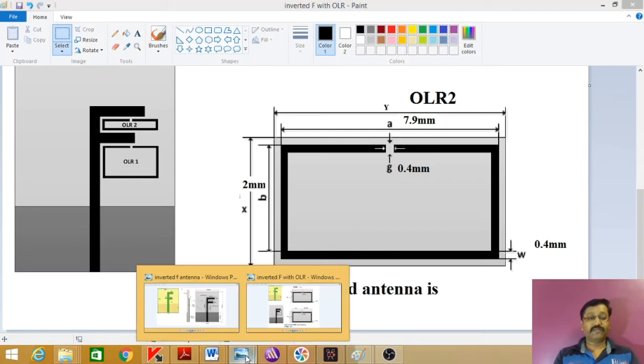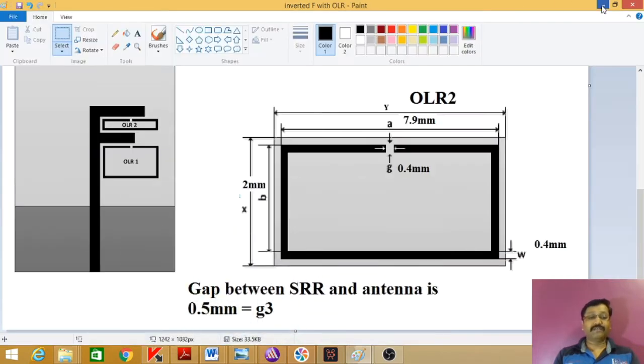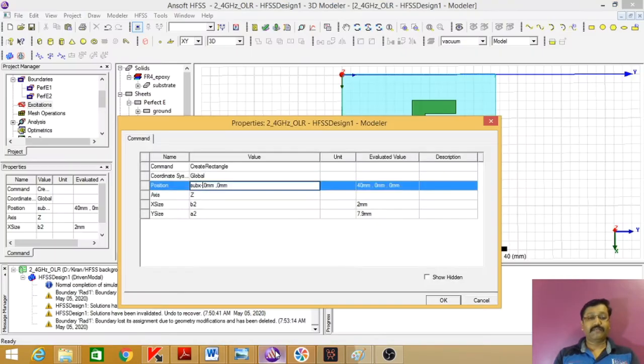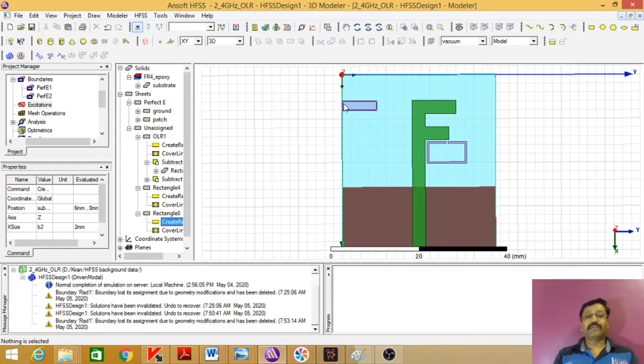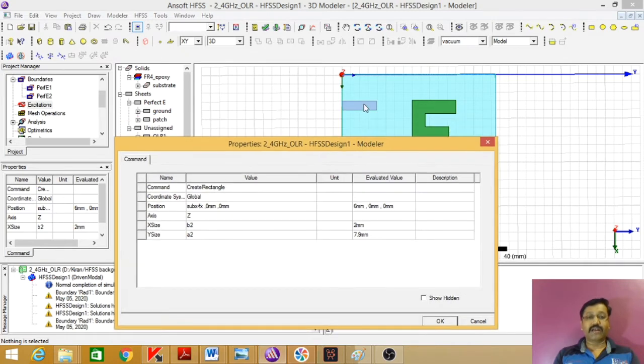What is that value? Inverted F antenna, this is fx, so minus fx, so now it is aligned at this point. Now we want to align this point of our rectangle with this, so we'll play with the y dimensions.